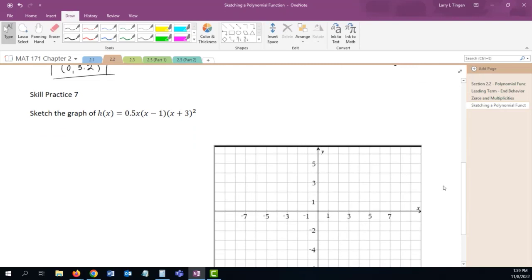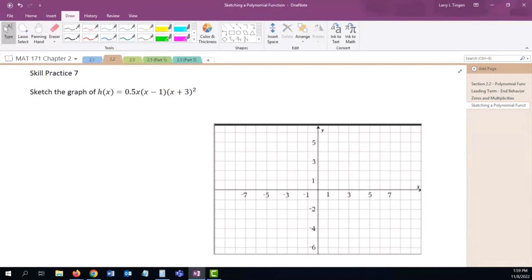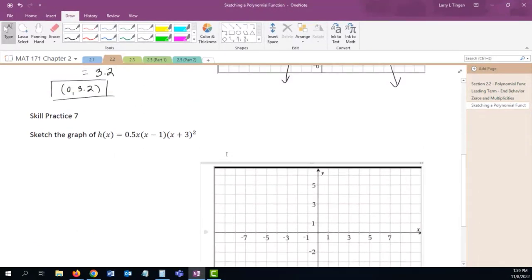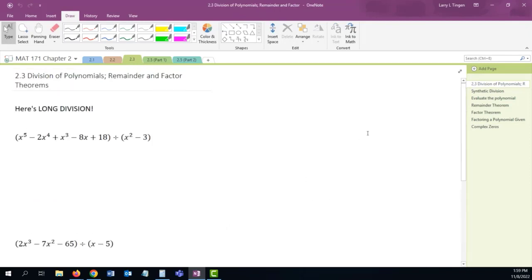Lastly, sketch the graph. Let's skip that. I'll put this on the video for next time. I'll finish this up and post it as well. I want to get into 2-3 because it is a long section, and